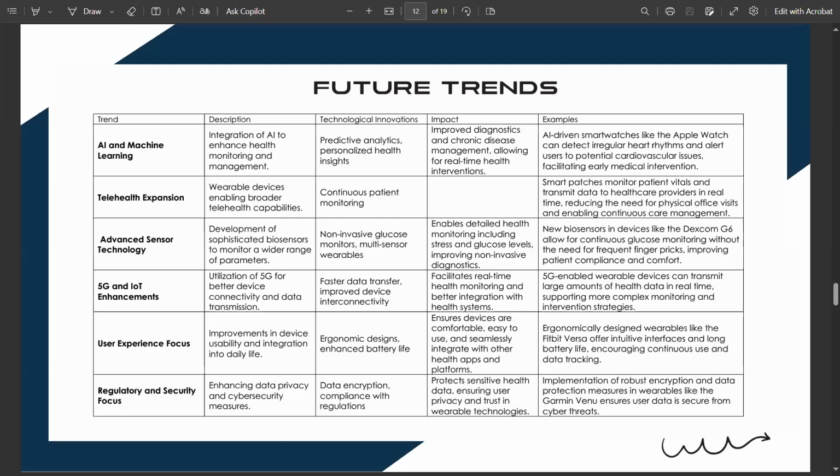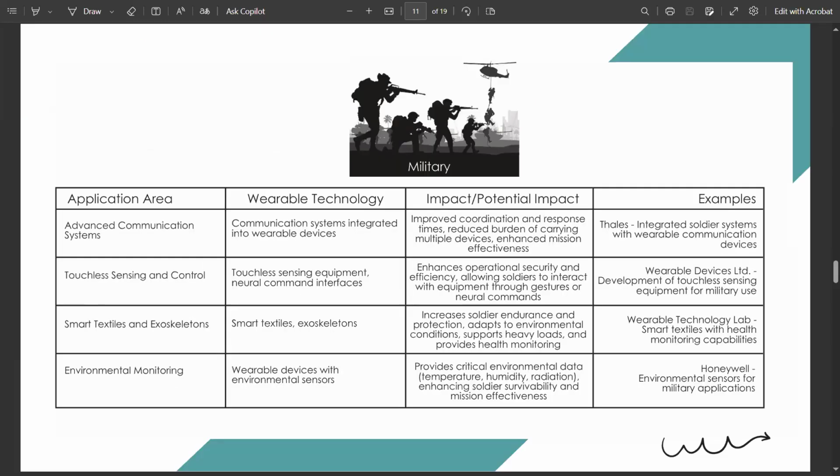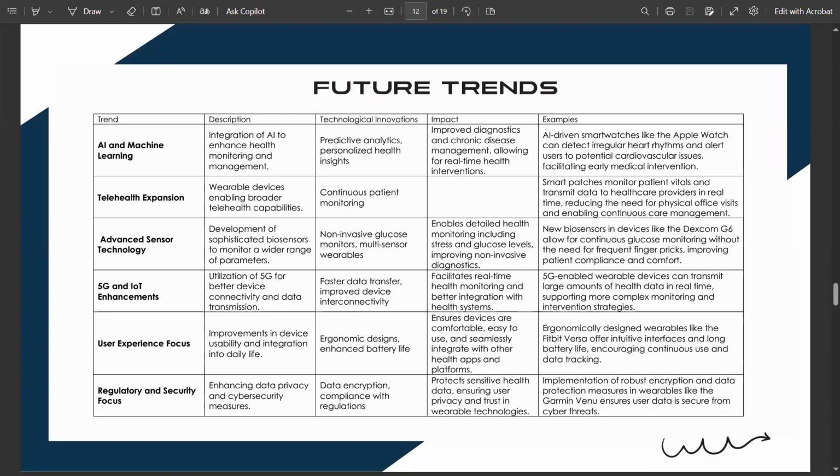So again, these were the two major applications. Our report covers all of these applications, and there are insights on the advancement in technology. So looking at the future trends,